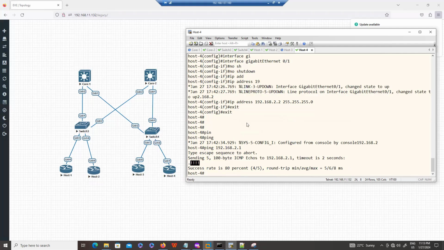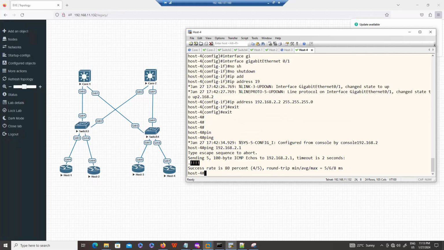So the way, guys, this communication works, let me now tell you end to end. When this PC sends the traffic, because end machines don't know which VLAN they are in, when traffic is received on this interface, the interface configuration is checked: I'm in VLAN 20.